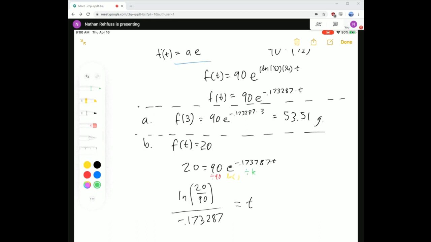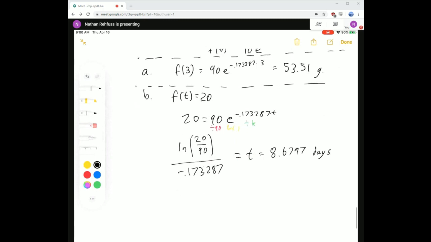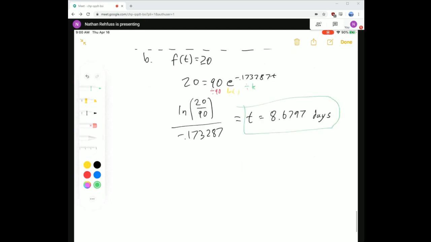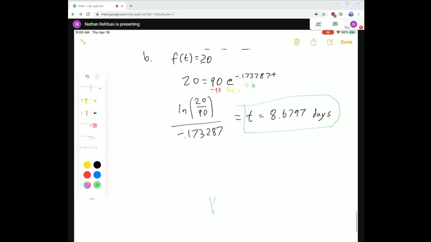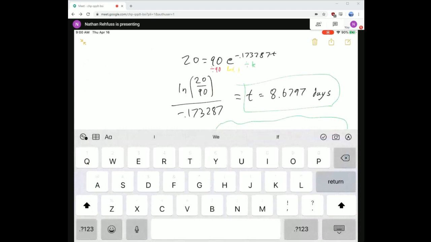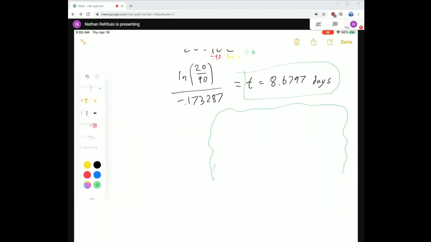I got 8.6797 days. Now, I'd say that this is a good deal weirder than saying 11.55 years. So I could call this my final answer, but I personally am definitely going to make the choice to report something nicer to my basement ventilation business customers. I'm not going to say your basement will be ready for occupation in 8.68 days. That would sound like a robot said it. So I'm going to say